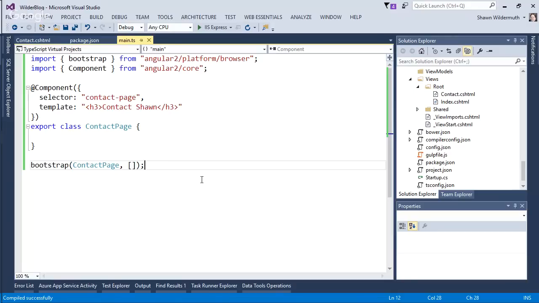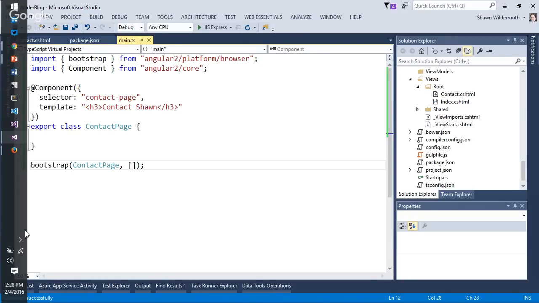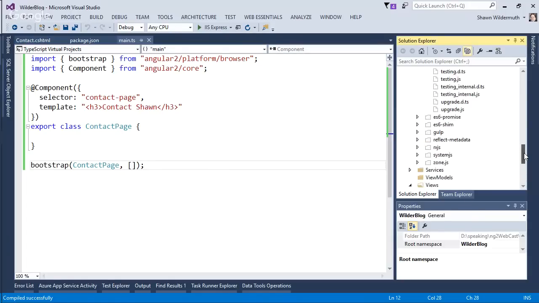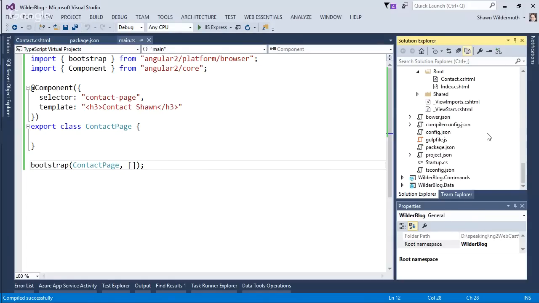The last change we need to make before we show our first Angular, we're half an hour into the thing, and we haven't even shown Angular working yet. And that's because a lot of this is sort of build up work. Once you get it sort of injected into the project, it becomes a lot easier. But let's go back to the view,